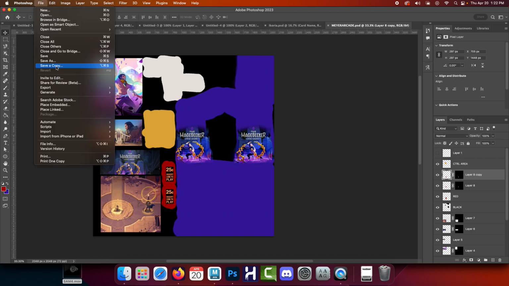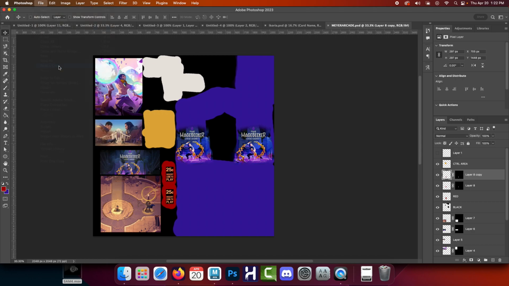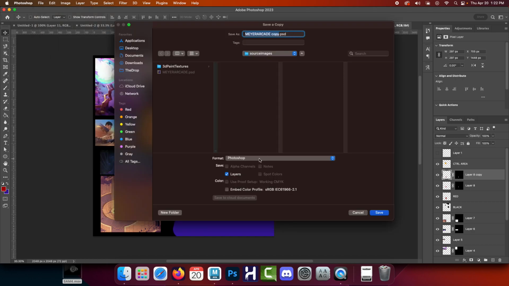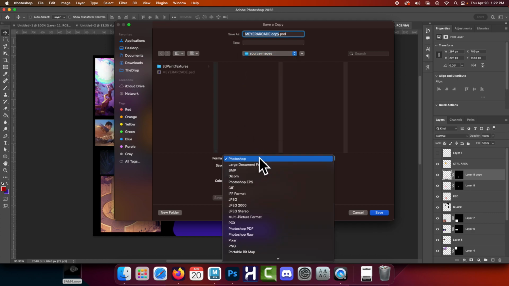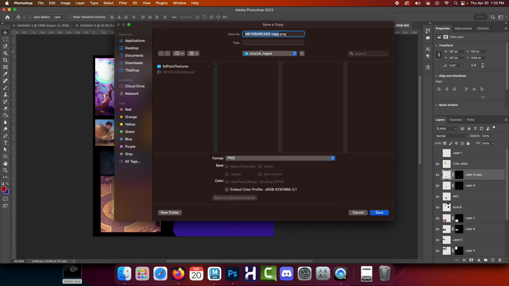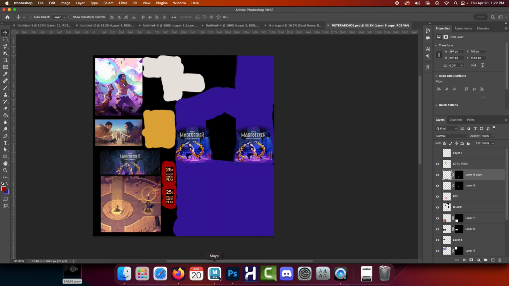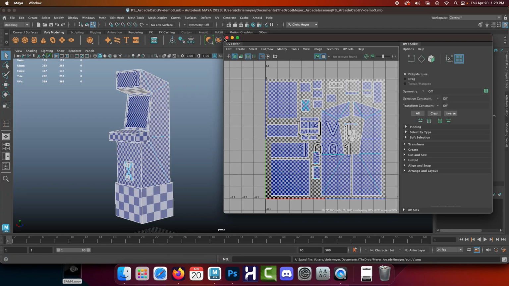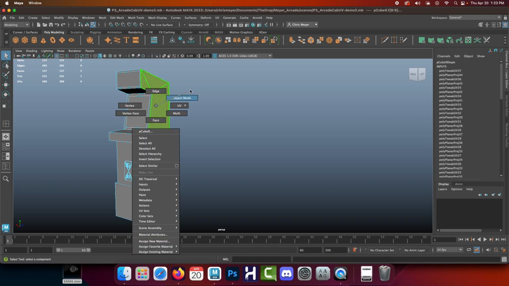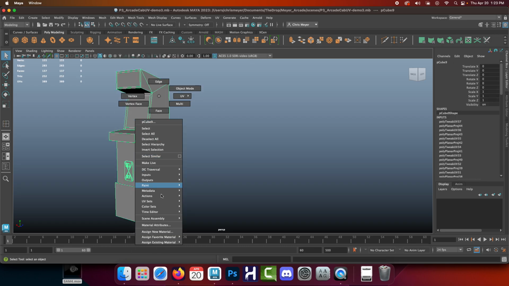So just for sake of showing, I'm going to go ahead and do my file, save a copy. Boom. Again, it should go into your source images of the project that you made. Source images, PNG. And then because this is just our base texture, I don't need to add anything to the end. I can get rid of the copy if it bothers me. Hit save and OK. Now if I come back here, close my UV editor, go into object mode, we assign